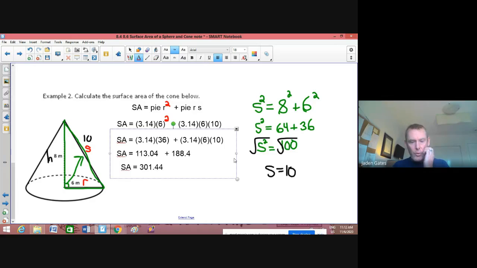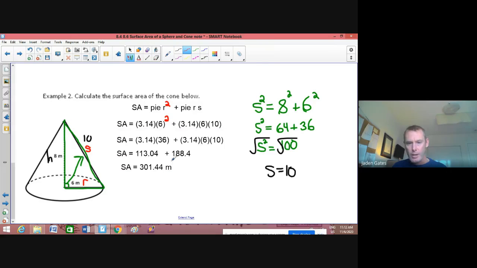301.44. We're dealing with meters. And again, we're looking at how many squares it would take to cover this object. And there we go. So it's 301.44 meters squared. And that, folks, is